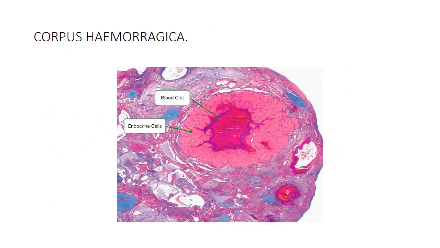In this slide you can see that ovulation has occurred, there is no oocyte, however the leftover granulosa cells have changed into corpus luteum, and in the center after 9 days, as no fertilization has occurred, you can see that there is a blood clot, and this type of corpus is called corpus hemorrhagicum.